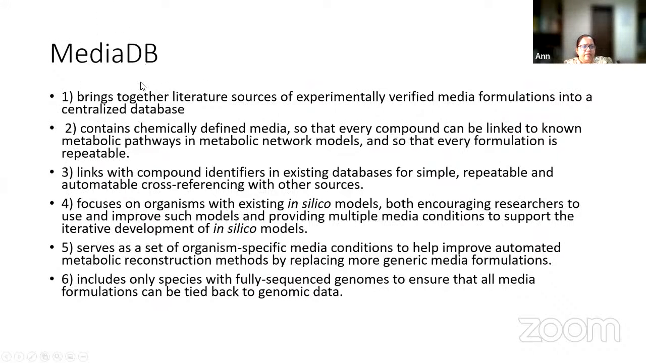Now, using this database, what they have done is they have filled up all the literature that is available for experimentally verified media formulations, and you have chemically defined media so that every compound is linked to the metabolic network. And once you have such linkages, this is further linked to compound identifiers, and you can cross-reference with other sources. This focuses on organisms with existing in silico models, because that is where prediction can be done more appropriately. Once you have used this, it serves as a set of organism-specific media conditions so that you can have products designed as per the metabolic pathways to give rise to media formulations that work at all points of time. It also includes species with fully sequenced genomes to ensure media formulations can be tied back to the genomic